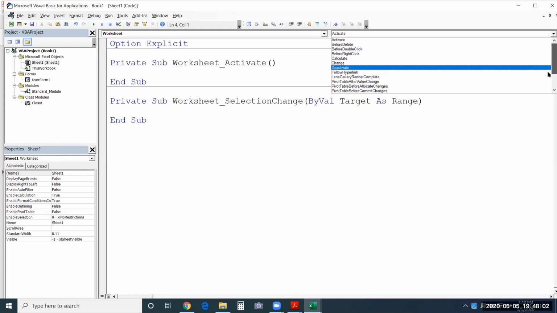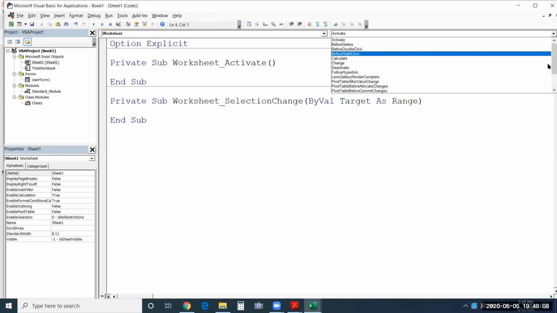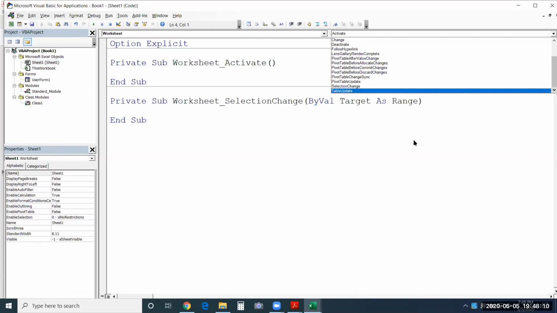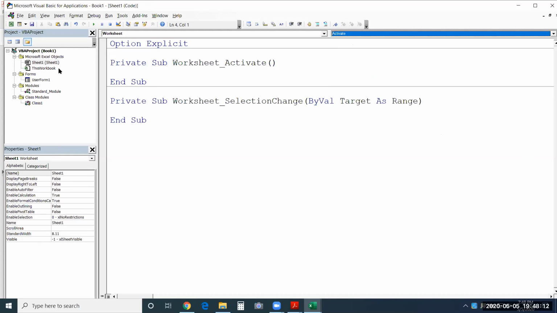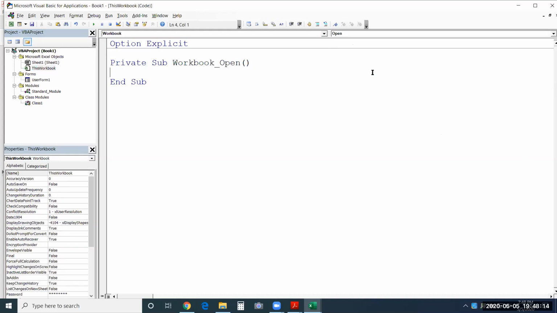But you look at the list. For worksheet, you have only this many events. And what I'm asking, the sheet is a part of a workbook, right? Yes. So that's the reason you see some of the events matching, but the level of that event will differ because the object hierarchy is going to differ. First is workbook, then is worksheet. So activating a workbook is different, activating a sheet is different.